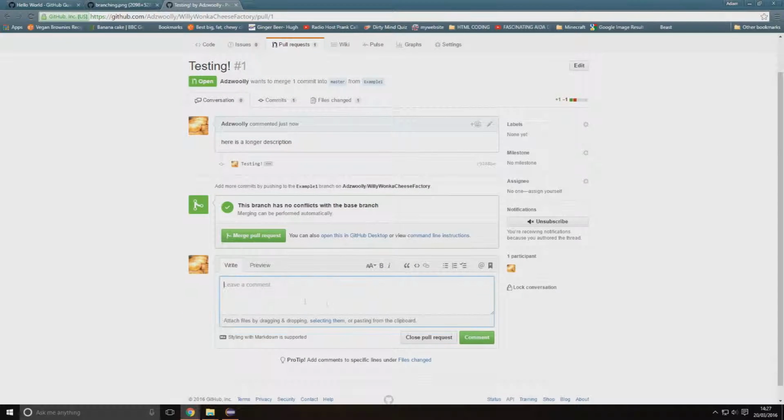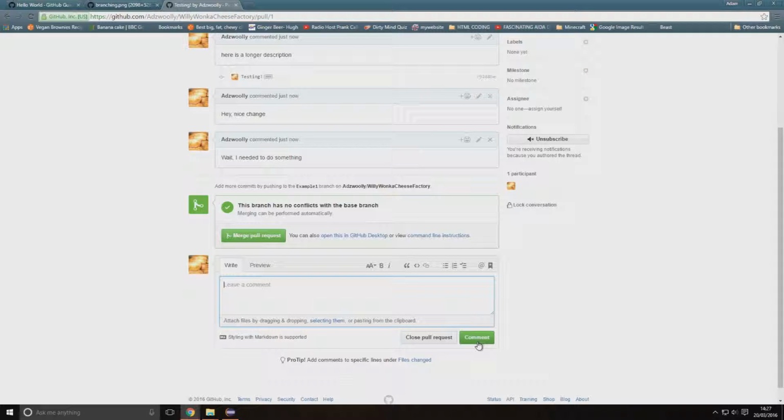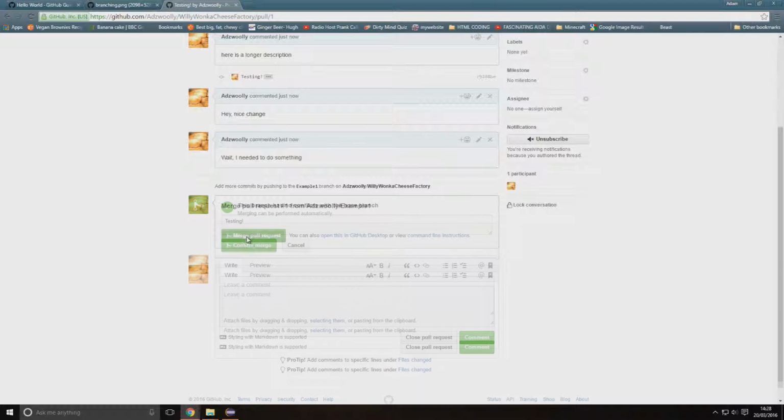So then people can come along and say, hey, nice change. Somebody else could come along and say, oh wait, I needed to do something, whatever. People could come along and say, oh, maybe you could add this variable in to make that easier. It means that we get lots of review on code, which is always good. We can do better and better and improve upon each other's work. So once enough people come along and say, yay, you know, merge pull request,